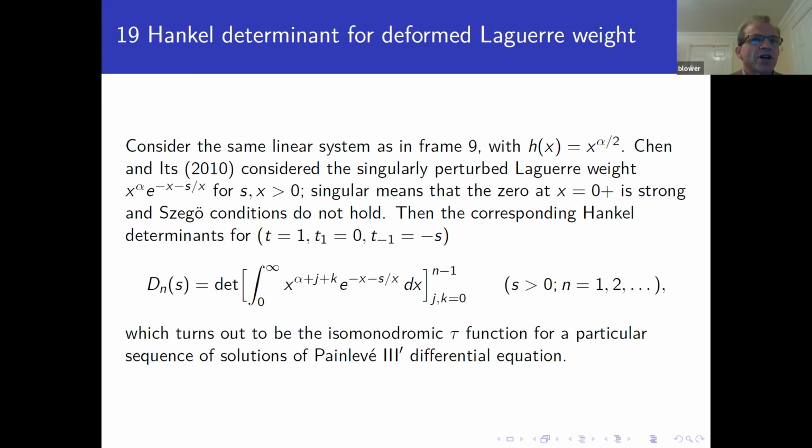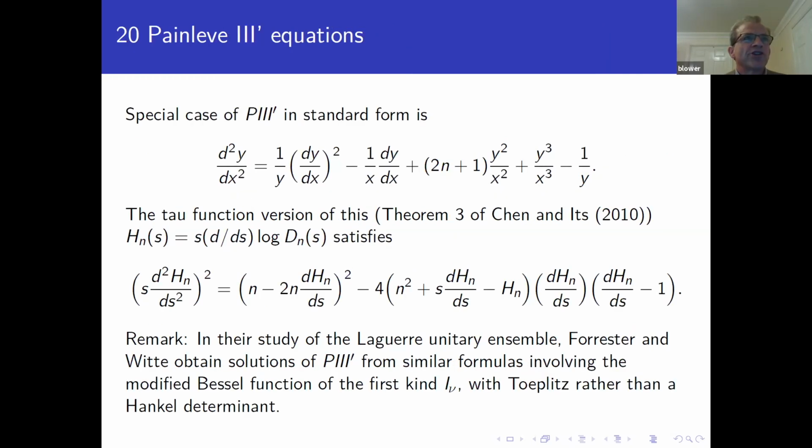Now this turns out to satisfy a sequence of solutions of Painlevé III prime differential equation, and it turns out to be one of the isomonodromic tau functions. This is why this object was interesting. So to be more precise,